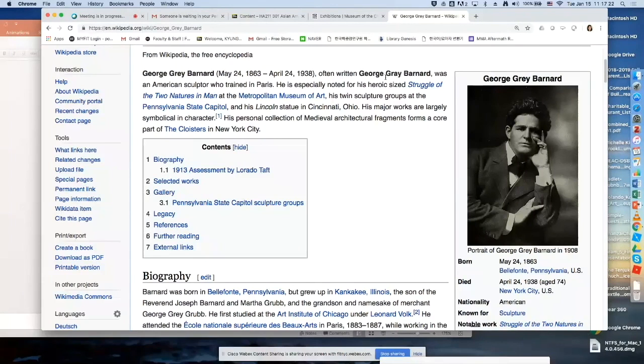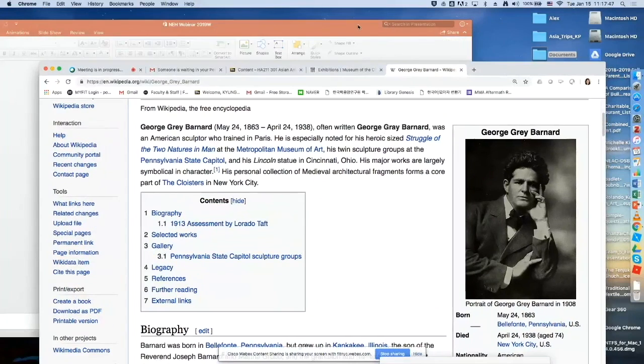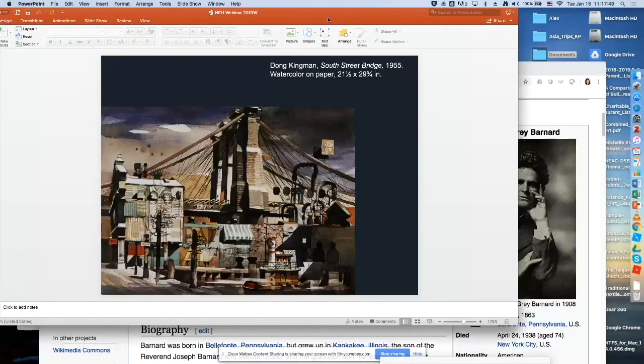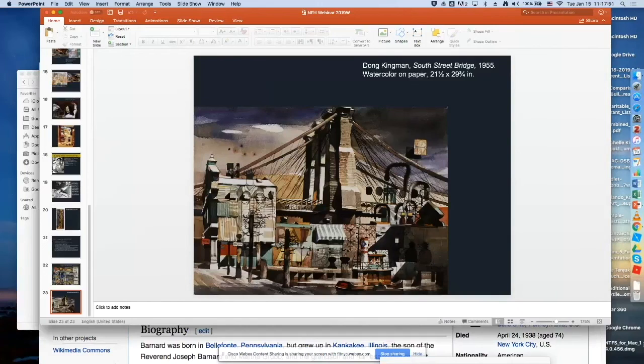another. But when I was young, I was only like 26 when I studied George Gray Barnard, and I was thinking, how strange that is. You have to work so hard to be an artist in New York City or wherever. But then after 20-some years, actually my friends were struggling like George Gray Barnard, right? So anyhow, this is one reason that I am very passionate about incorporating business and labor history into our own